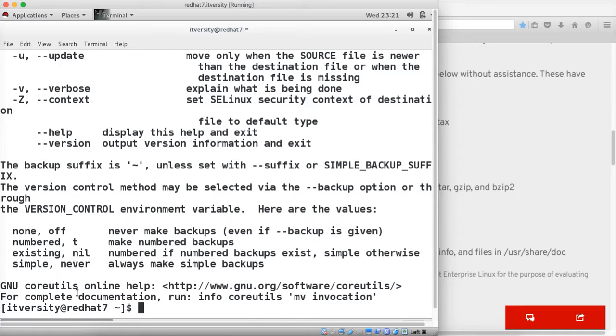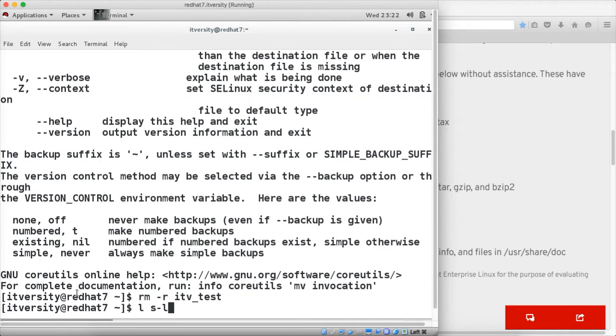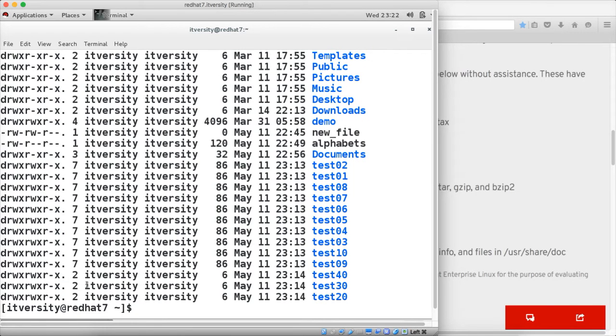So we have seen the mkdir command to create the directory, the cp command with -r or -rf option to copy an existing directory into a new directory, and then we have seen mv -f to rename or move an existing directory to a new directory. And now we will see the delete option. To delete, you use the rm command. Again, to recursively delete, you have to say -r and give the name of the directory. In this case, I am trying to delete the itv_test,